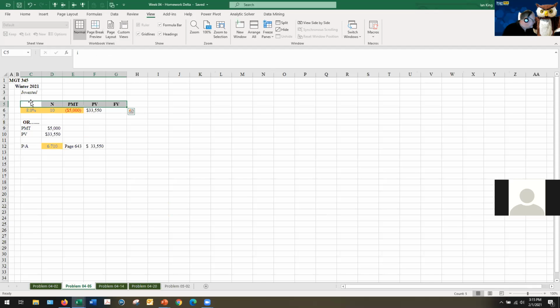4.5 was, oops, didn't have to change the page. Go back. How much must be invested now at 8% interest to produce $5,000 at the end of every year for 10 years? This is actually not an uncommon thing, and as we allude to in tonight's lecture, government works